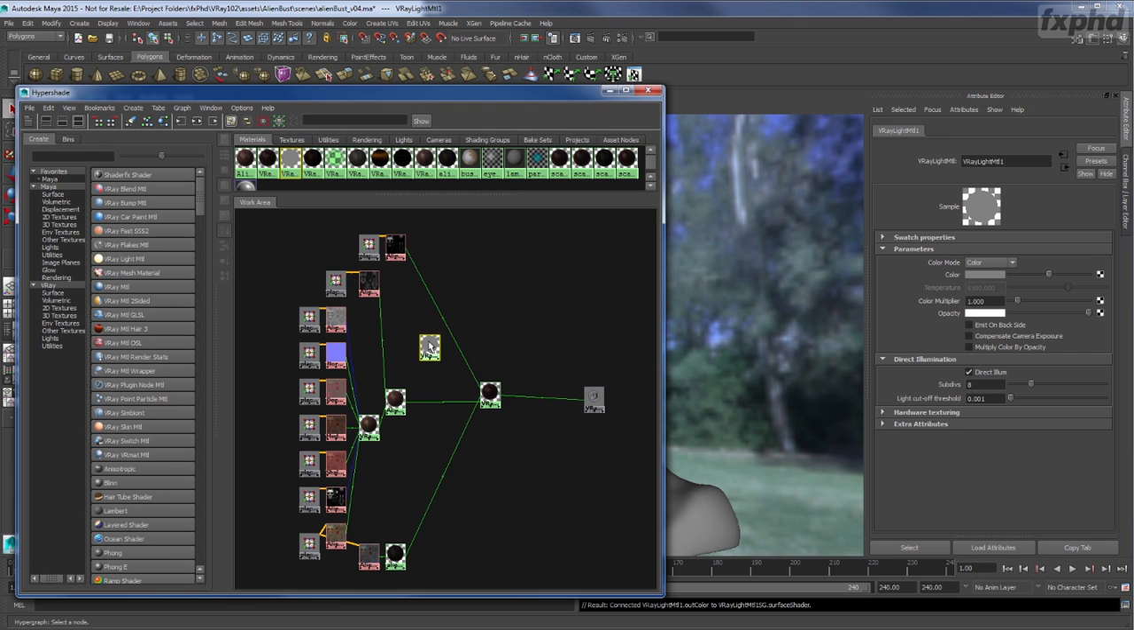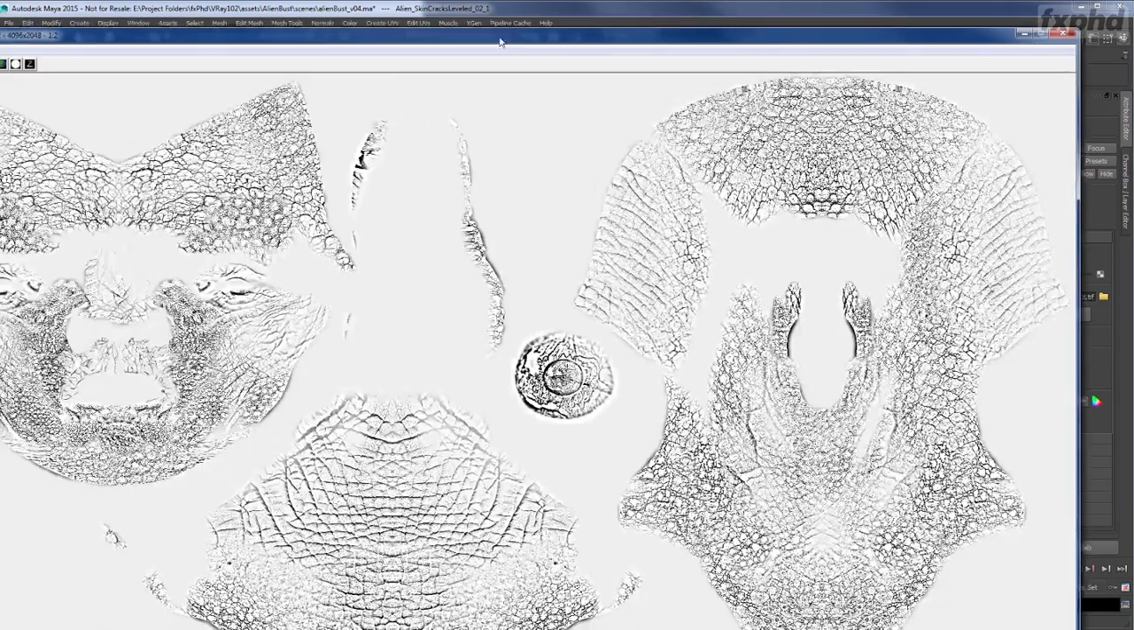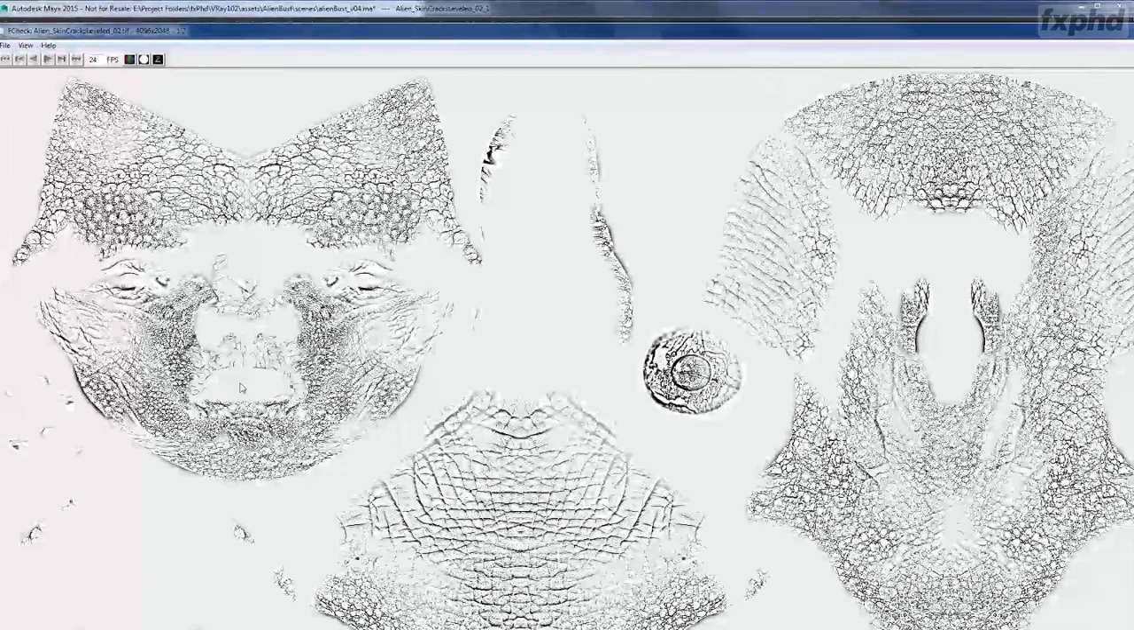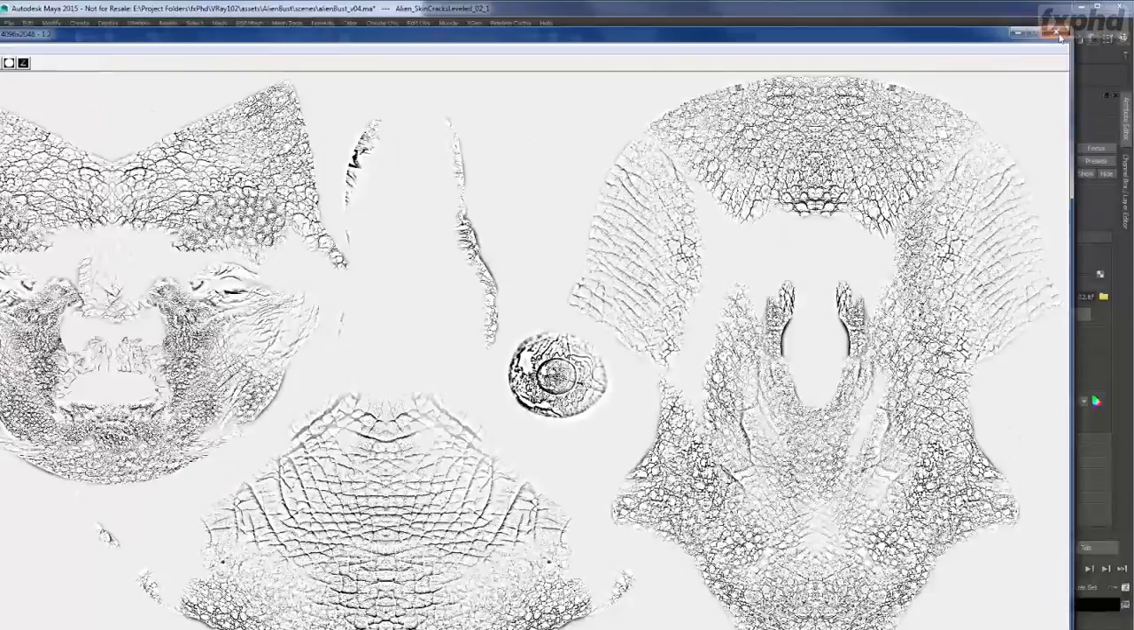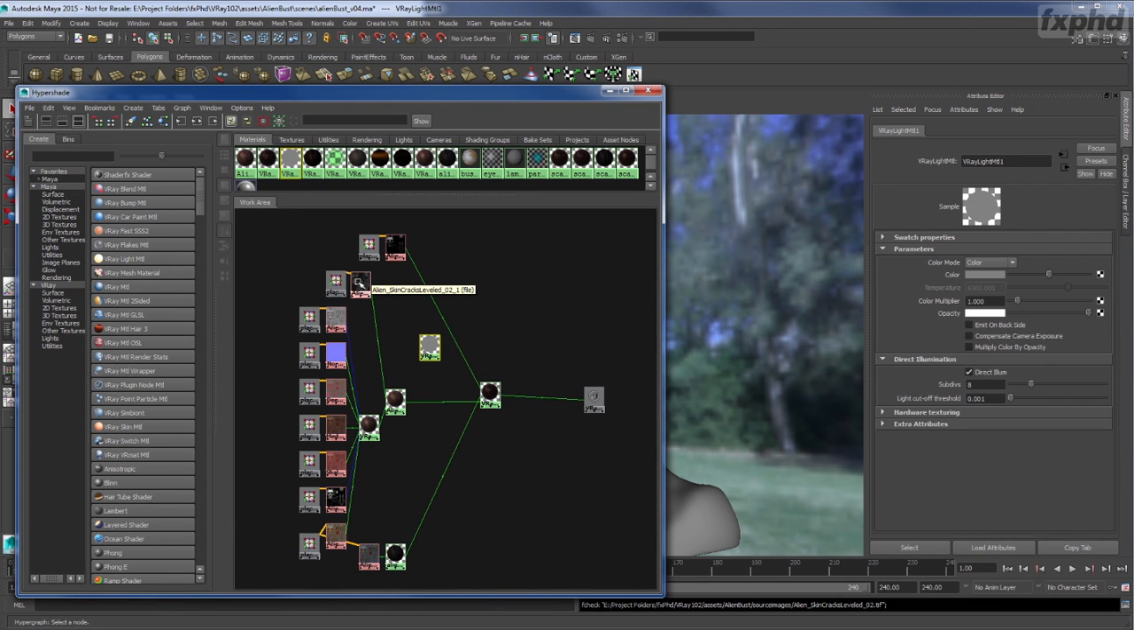Well, one of the maps that I have already in this network is the skin cracks. And the skin cracks looks like this. Really accentuates these skin cracks. And we have it inverted, and we are using it for our bump map. Well, what I'm going to do is I'm going to use it for the color of my light material. So I'm going to middle mouse button drag this over to our color, which is going to give us a